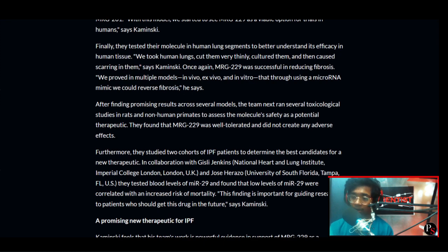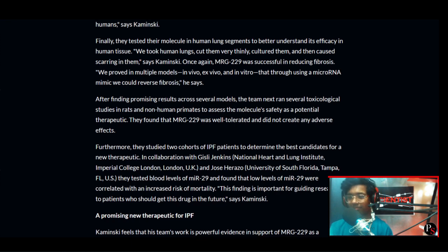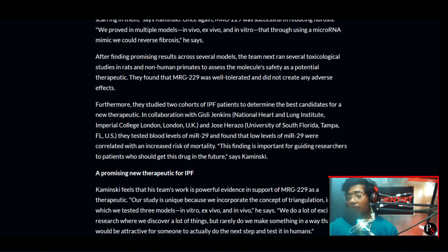Finally, they tested their molecule in human lung segments to better understand its efficacy in human tissue. We took human lungs, cut them very thinly, and cultured them, and then caused scarring in them, says Kaminski. Once again, MRG-229 was successful in reducing fibrosis. We proved in multiple models, in vivo, ex vivo, and in vitro, that through using a microRNA mimic, we could reverse fibrosis, he says. After finding promising results across several models, the team next ran several